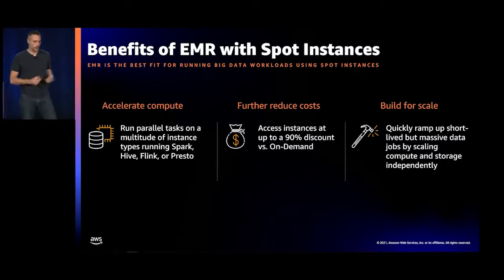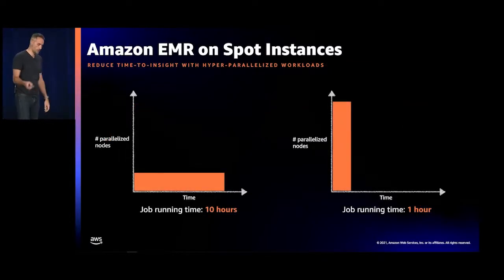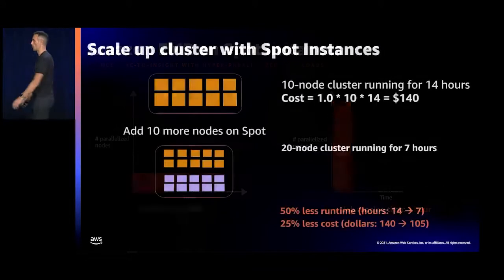So the idea of using Spot with EMR is really to provide more resources, and increase the parallelism and the throughput of your job. You get these additional resources with a huge discount, up to 90%. That means you can really massively scale your cluster and process your data in a minimum amount of time, so you can also reduce the risk of interruption. That's a very good illustration of this principle. If you have a job that is taking 10 hours to execute, you can just scale out and run it in 1 hour, providing more resources.